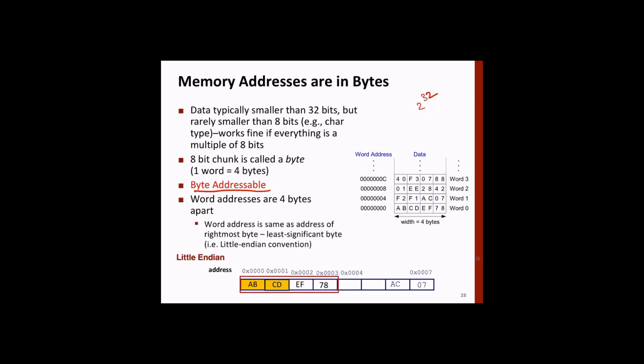Then the address of a word is nothing but the address of the first byte of that word. And we are using little endian here; we have studied little endian and big endian earlier. So memory is going to start from 0 0 0 0. Let's assume this is 8-bit size instead of 32, for example. The first word will start from 0, 0, 0, 0, and the corresponding 4 bytes will be here.